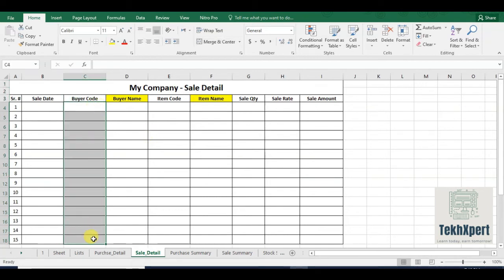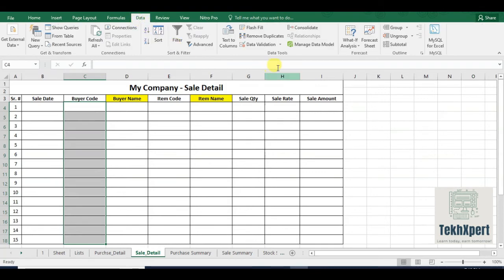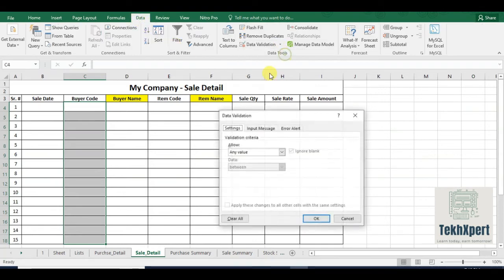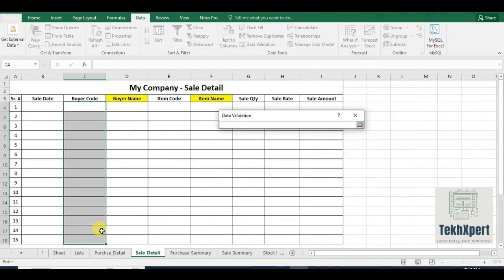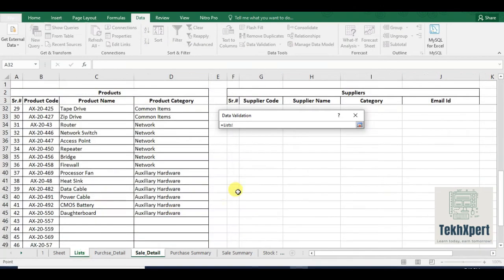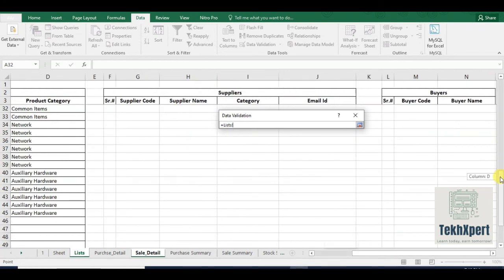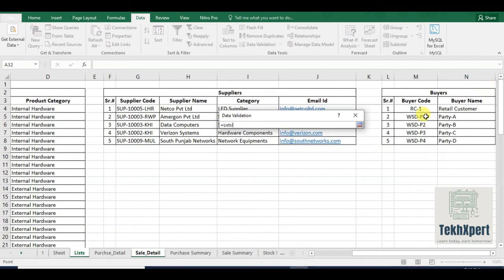Let's select the column, data validation, list, and go to the list. Now we will select buyers, and here are our buyers. These are the buyer codes.